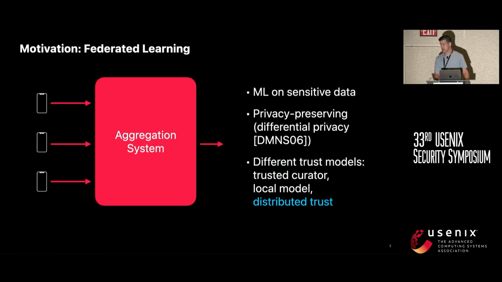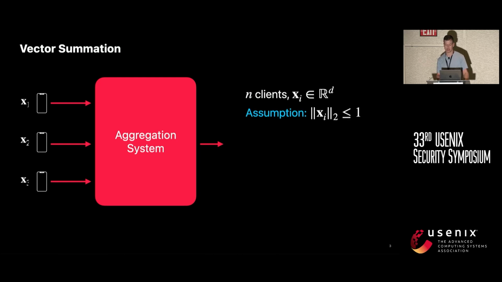And when we're after this kind of privacy-preserving aggregation, machine learning, summation, there are different trust models, as you saw in the previous talks in the session. We can talk about a trusted curator, about the local model where users don't place any trust in the aggregator or the curator of the data, or about distributed trust settings, which is what I will focus on today. So I'll define that. I'll go into more details about that. But before then, I want to really pin down the task that will be of interest today, and that task